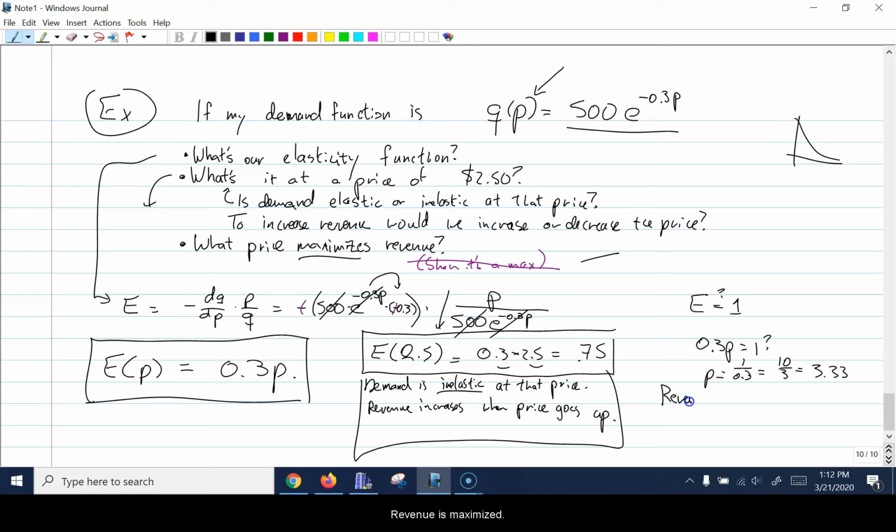Revenue is maximized at a price of $3.33. Yep,